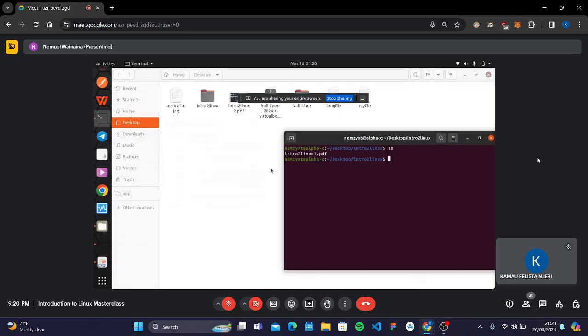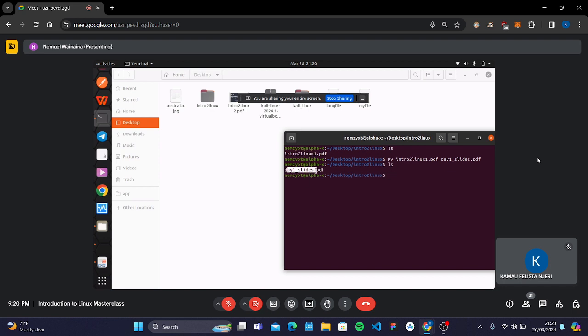But if we are in the command line, we do not have a command called rename. So what we do is we just use the move command, only that rather than providing some other directory where we want to move the file, we just provide a different name within the same directory. So say, for instance, we want to rename this file into intro to Linux day one, or maybe day one slides. So we just type in intro to Linux 1.pdf, and then we provide our new name, say, for instance, day one slides.pdf. And if we hit enter and do a listing,